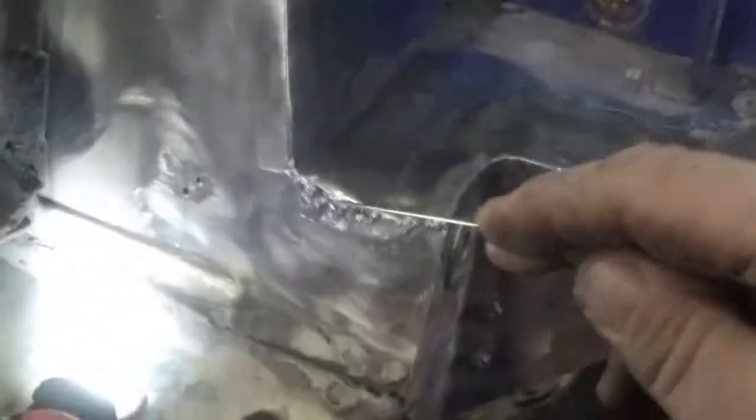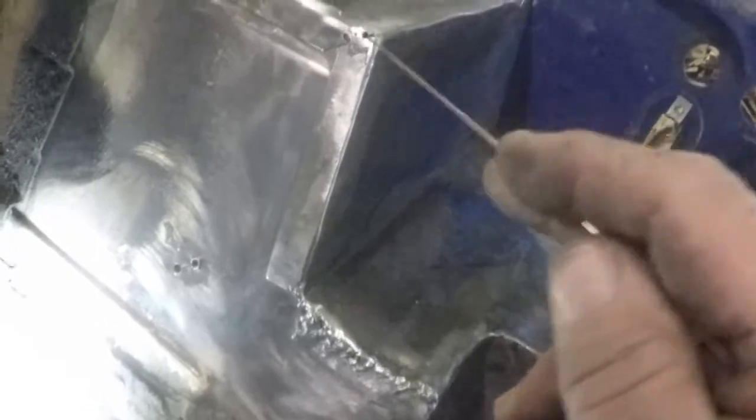As you can see, that's filled pretty crappy. I'm going to grind most of that one out. That didn't turn out too good. You get just the right heat, you get just the right temp, and you're able to fill it just using rod and make it old torch. It sort of takes a lot of time, but in my case, it's the way I like to fill